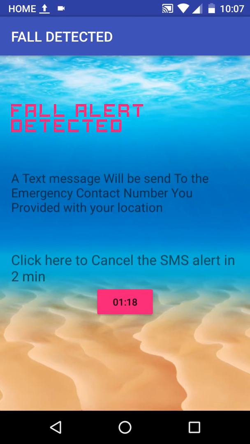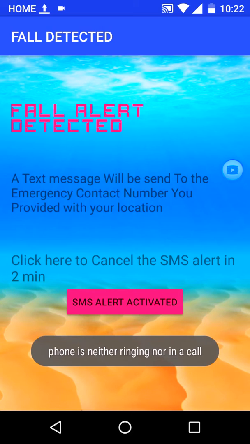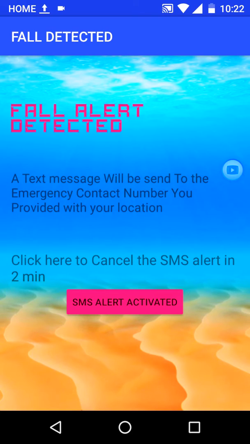If he cancels, then the application will behave in the normal way, and it will continue computing the values and doing the process the same way. Otherwise, it will send an SMS to the number we already provided during the settings screen demonstration. I will show the SMS that has been sent from this application after 1 minute, and this is the overall working of this app. The response time is finished and an SMS will be sent to the emergency contact number with my geographical location, and it can be seen from the sent messages section.